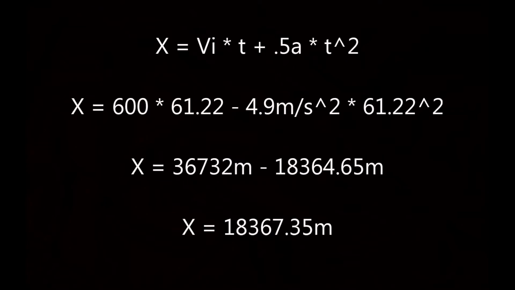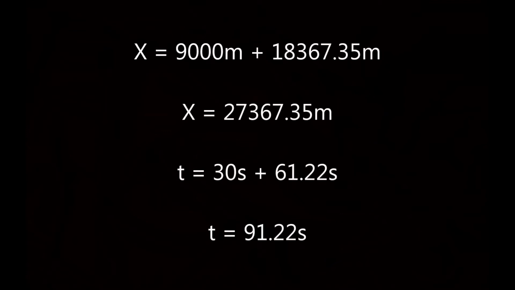For our next step, we again want to bring out the distance equation. This time, our initial velocity is 600 meters per second, our time is 61.22 seconds, and 1/2 of our acceleration is 4.9 meters per second squared. This time, we are subtracting the second half of the equation because we are being pulled in the downward direction by gravity. Doing out the math, we find that our final distance is